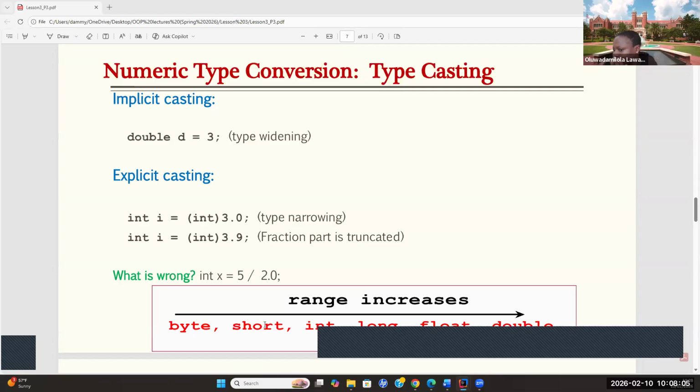You understand what I just explained? Thumbs up if you understood this concept. Can you differentiate between explicit and implicit now? Thank you. So the other one is widening. This one is narrowing. It narrows the value to fit into the new container. So what happens in this type of